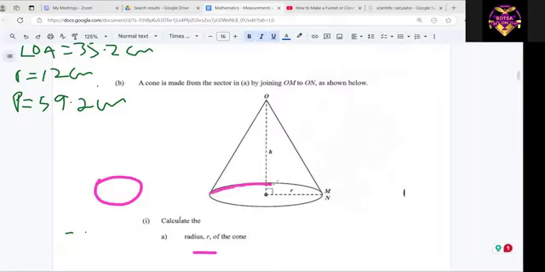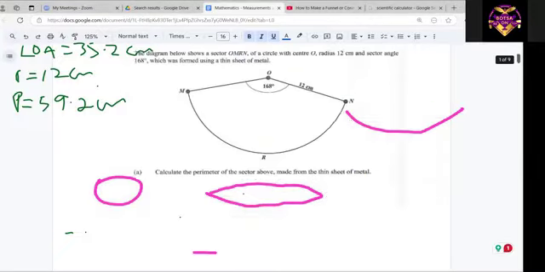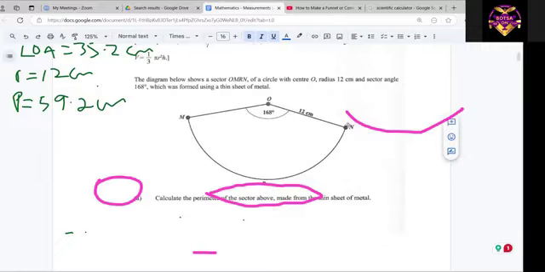I know most people will already mention arc. So this is the arc from the previous diagram, which was this part that's folded like this. And you'll want to keep that in mind. The other thing to keep in mind is that the radii, which are OM and ON, would now be the sides of the cone. They would represent the side lengths. So in other words,